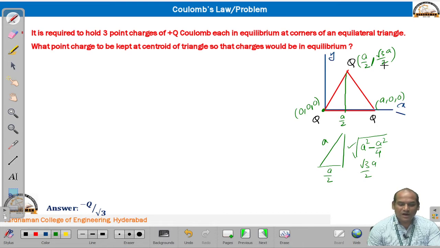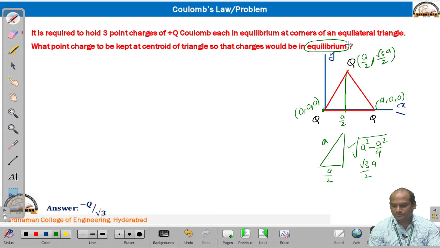Next, we will continue the problem. What point charge is to be kept at the centroid of the triangle, so that the charges would be in equilibrium? So, here this is somewhat different problem. Equilibrium means the total force on the charge is equal to 0 due to the remaining charges. So, here they are asking to calculate the charge which is to be kept at the centroid of this particular equilateral triangle. If you keep that particular fourth charge, already 3 charges are there, those 3 charges values are also same, that is q coulombs only, and the fourth charge we have to keep at the centroid of that particular equilateral triangle. If you keep that one, what will happen means at these 3 charges the total force is equal